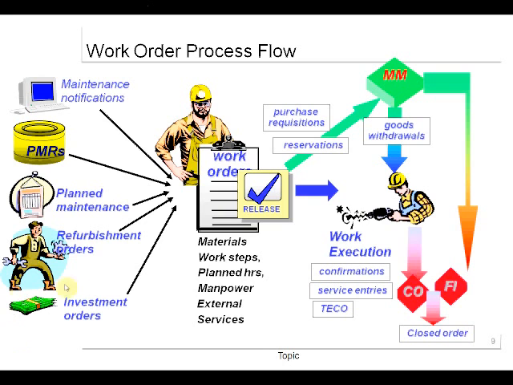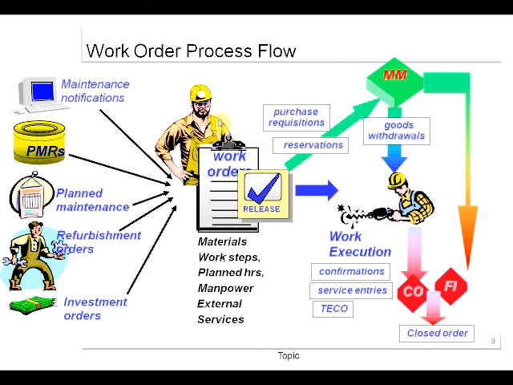Investment means I am investing in a new capacity, in the sense of my process lines. Say there is one diesel generator and I have to install a second diesel generator, so that becomes an investment. If I'm changing the existing diesel generator, that doesn't become an investment. When I'm installing a new diesel generator in the same line, so I'll be going with two diesel generators, that becomes an investment. A new installation, new equipment which we are installing separately, becomes an investment order. So based on these five I can create a work order.